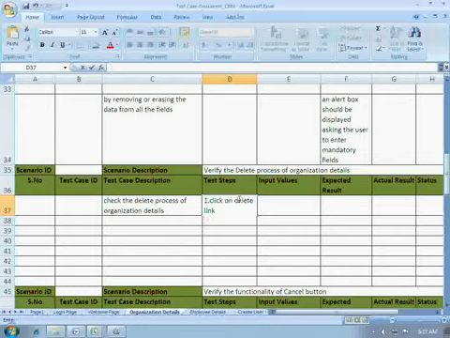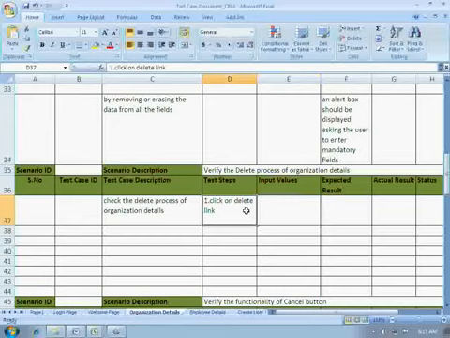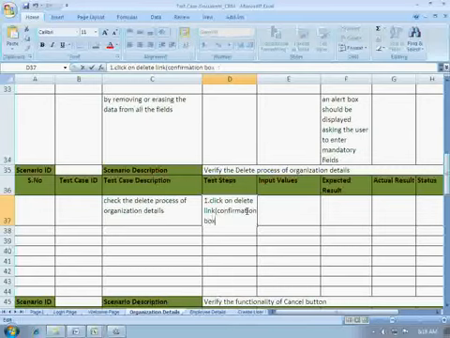When we click on a delete link, a confirmation box appears. And the next step would be click on the OK button of the confirmation box.